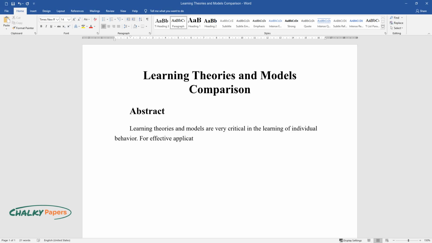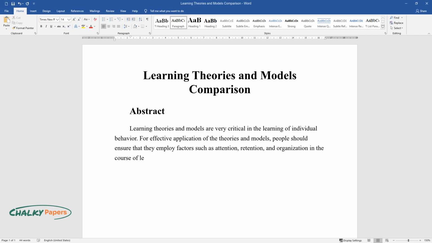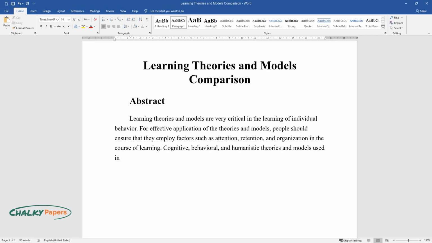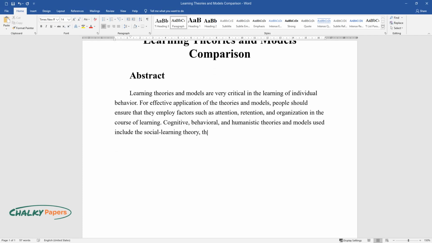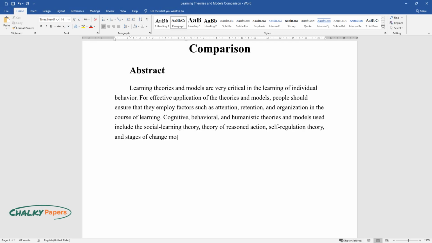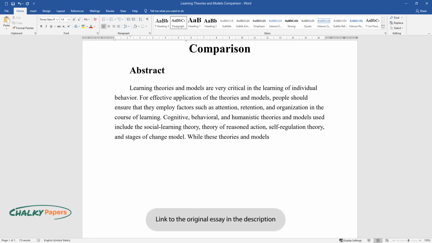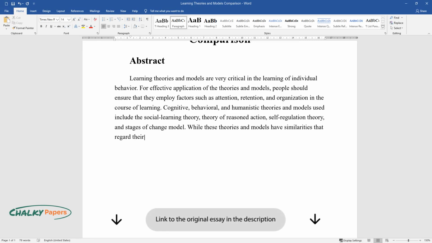For effective application of the theories and models, people should ensure that they employ factors such as attention, retention, and organization in the course of learning. Cognitive, behavioral, and humanistic theories and models used include the social learning theory, theory of reason action, self-regulation theory, and stages of change model. While these theories and models have similarities that regard their focus on behavior, individual willingness, and